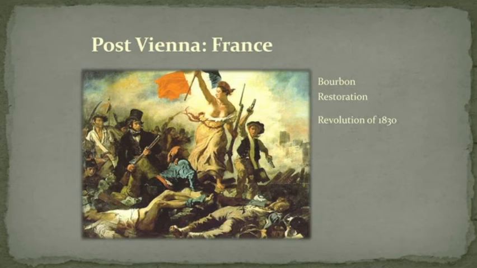Liberals and radicals and students took to the streets. They made barricades in France in August of 1830, and Charles realized that he could no longer control the country. He'd lost control, and the people had risen up, and he fled the country, abdicating his power. And it became a bit of a question, who was going to take over? Was France going to become a republic again? Ultimately, though,